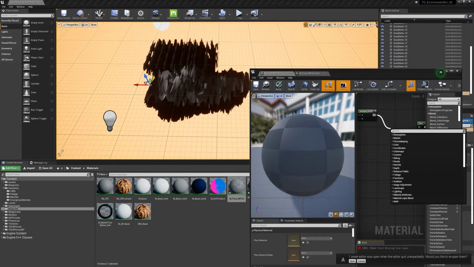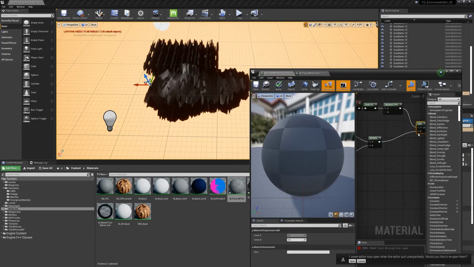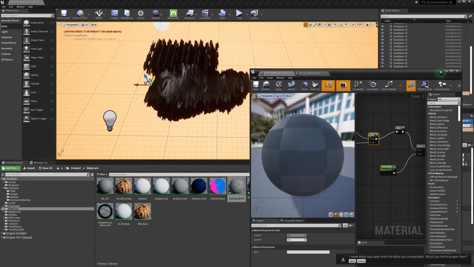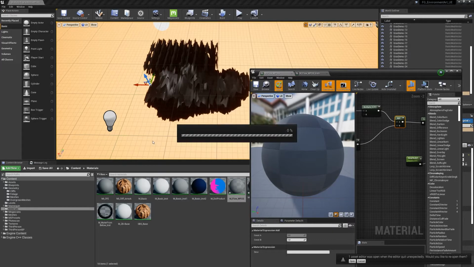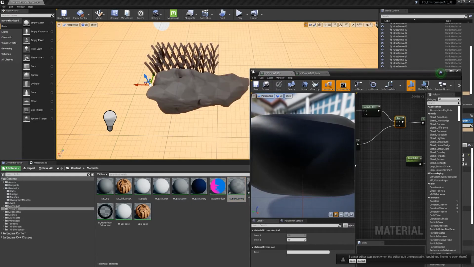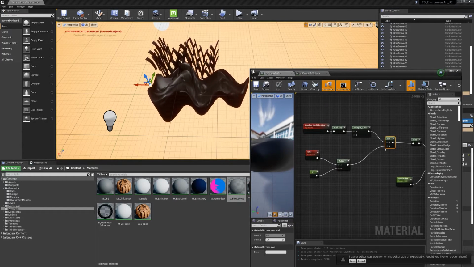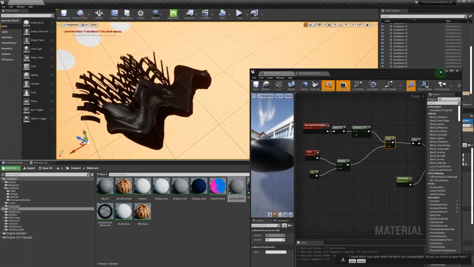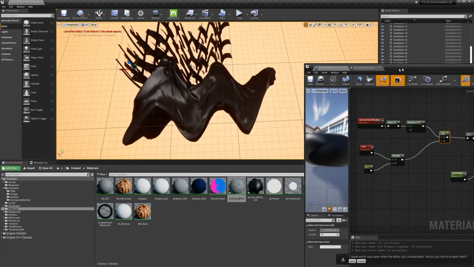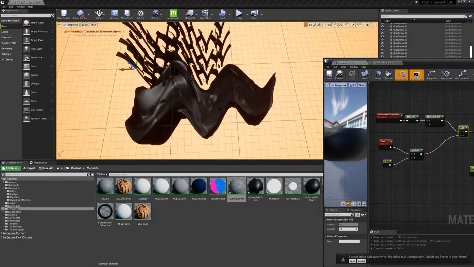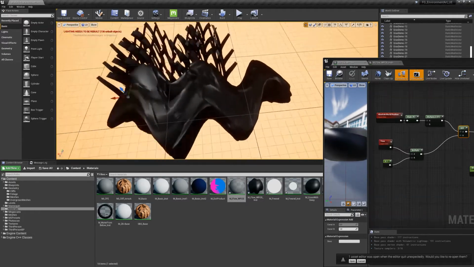No multiply, add. And also in math, offset is an add, and multiply is not what you want here. But I even saw that in the Quixel default material, they actually had a multiply instead of an add for the offset, which is remarkable. So here we have something moving. I mean, it's very uniform still,